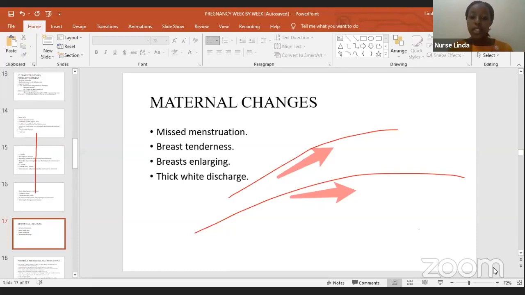The thick white vaginal discharge is produced so that it closes up the cervix so that the pregnancy can be held up. So as long as it's a thick and white discharge, it is very normal. It is only abnormal if the discharge is either foul smelling or it is not white. But as long as it is thick, it is white and it does not smell, the woman is not itching themselves, then it is a healthy discharge.